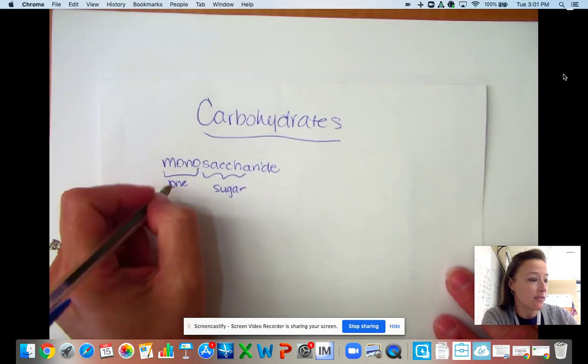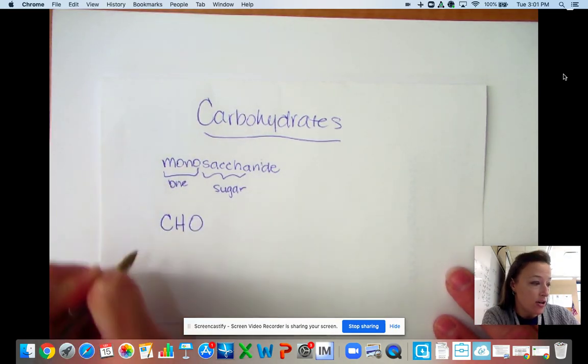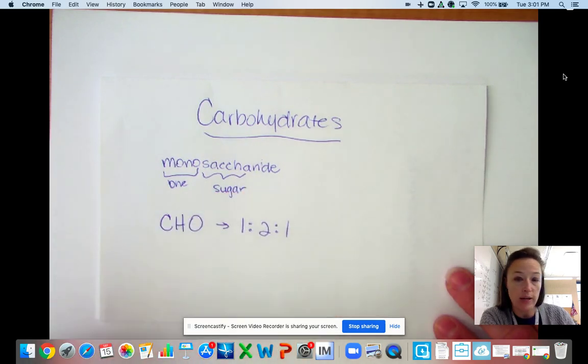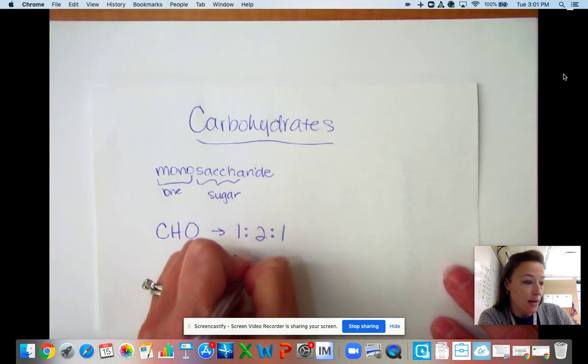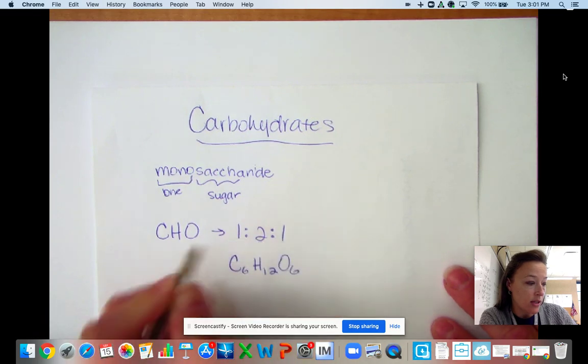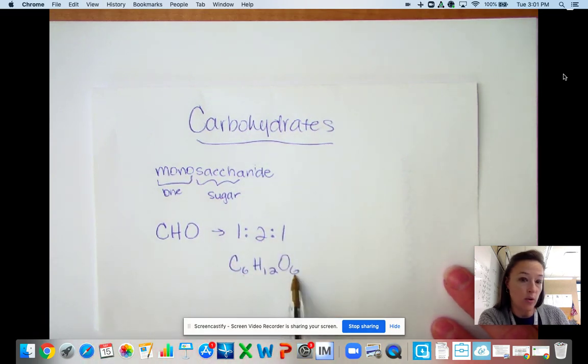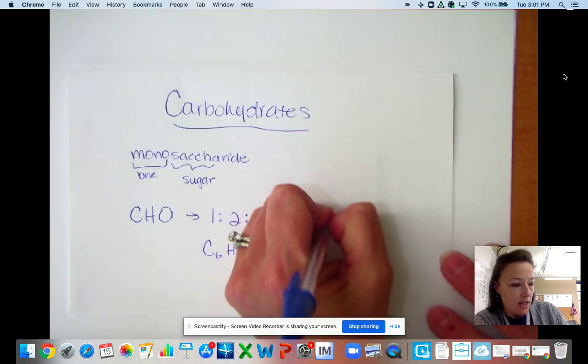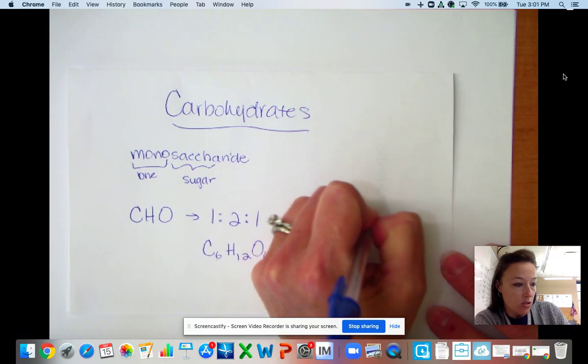The atoms found in a carbohydrate are C, H, and O, and they're usually going to be in a 1 to 2 to 1 ratio. What I mean by that is you might have C6H12O6. So for every one carbon, there's one oxygen, but there's two hydrogens. It may not always be exactly that, because if you can imagine, if we put two of these together,